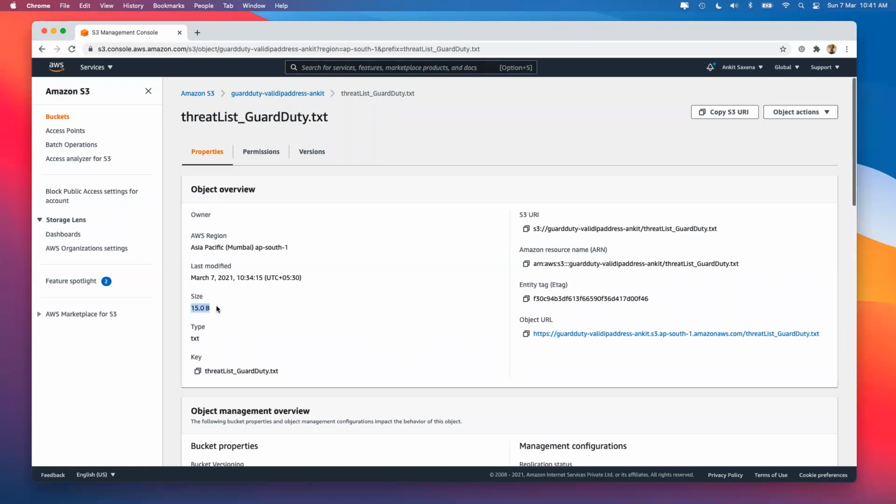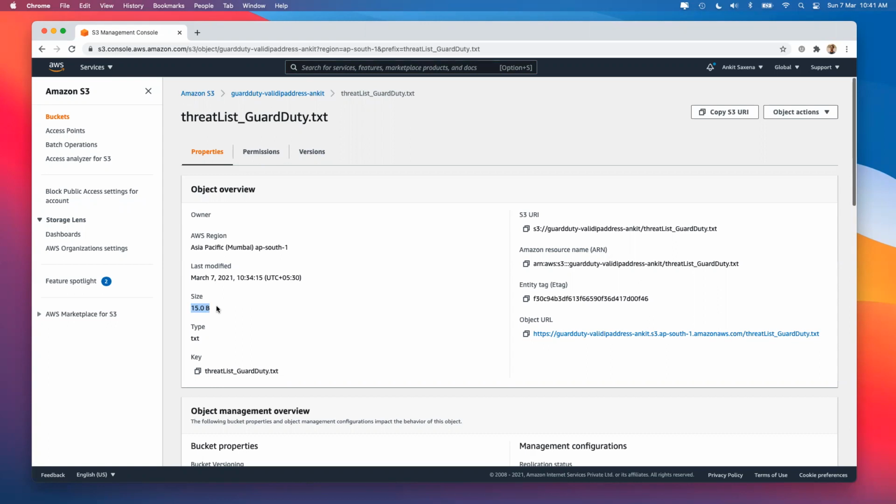The size of this object, by the way, is 15 bytes. You can have a list file of up to 35 MB, and there you can have a maximum of 2000 IP addresses in one single trusted IP list, and you can have a total of 250,000 IPs in a single threat list. So just remember the count.